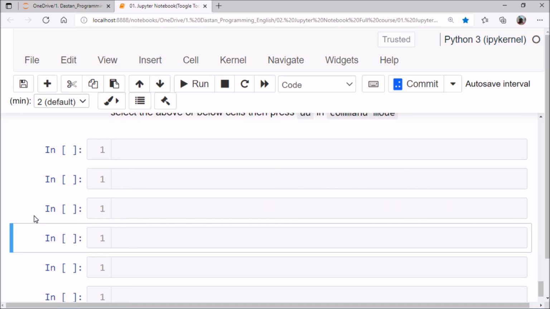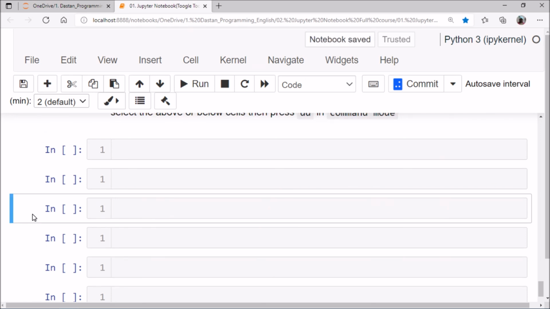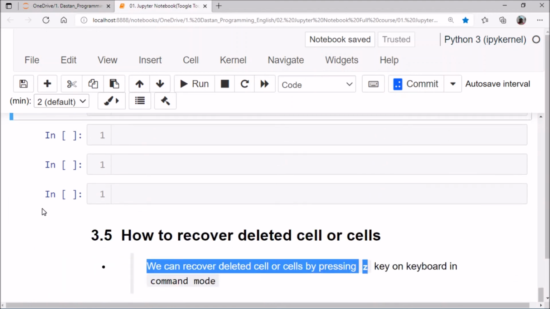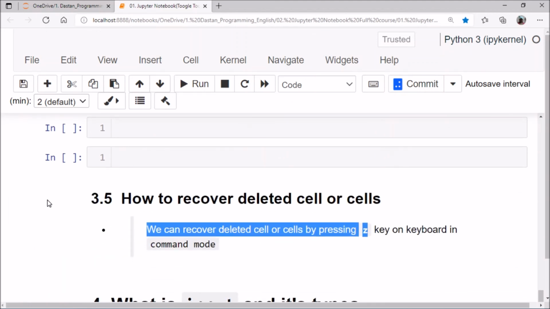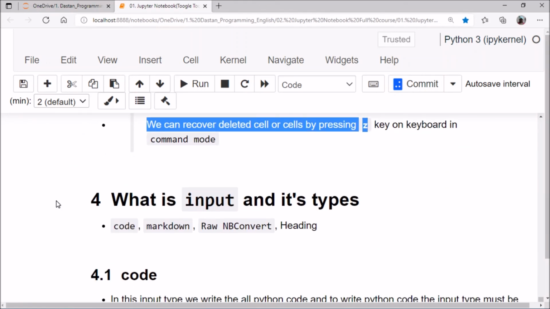So in the next tutorial we will see how to delete cells and recover deleted cells practically, but here I'm not going to delete it.